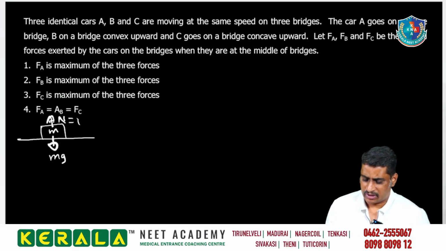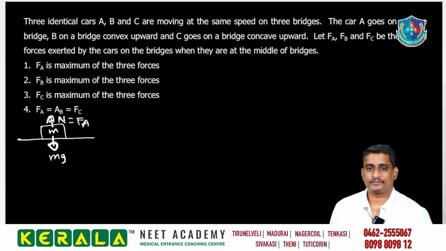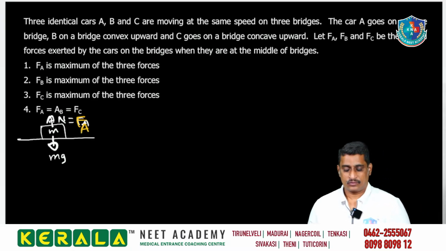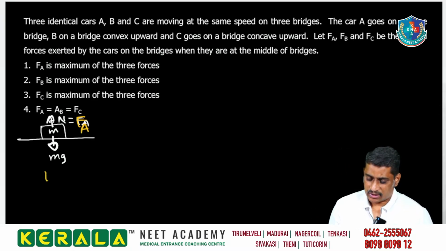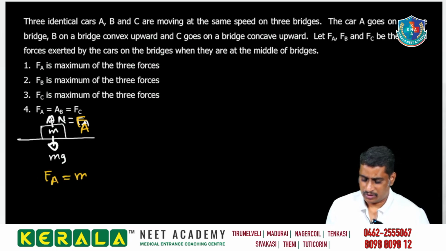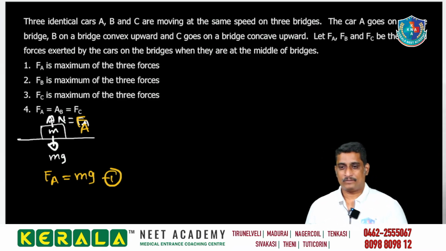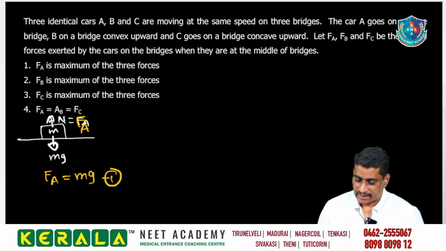This force we can name it as FA. In this case, that FA will be equal to mg. So very clearly you can understand this part from the diagram. This is the first case. Second case,